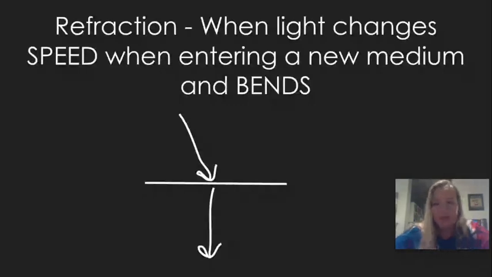And light behavior. There are three things that can happen when light hits something. One, it can refract. Refraction is when the light goes through whatever it's going into. Like let's say it's going from air into glass. So that light's going to